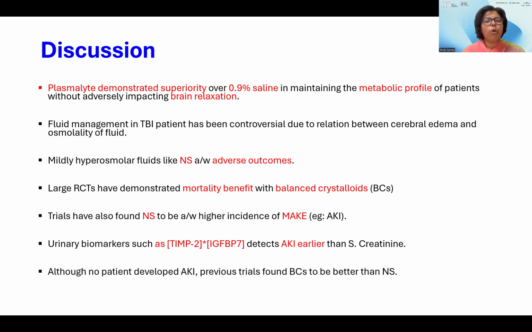Trials have also found that normal saline is associated with a higher incidence of major adverse kidney events like acute kidney injury. The urinary biomarkers used in this study, such as tissue inhibitor of metalloproteinases 2 and insulin-like growth factor binding protein 7, detect acute kidney injury earlier than serum creatinine. Although no patient developed AKI in this study, previous trials have found that balanced crystalloids are better than normal saline in